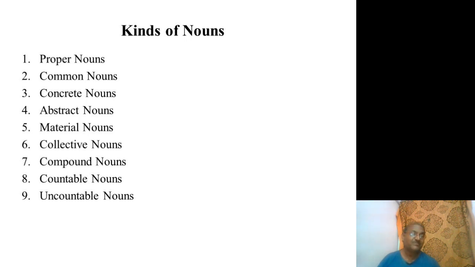our communication. Once you know the mechanism, how they are going to be applied in our communication, how they are going to be used in our day-to-day sentences, in our day-to-day writings, then only you derive the pleasure of the beauty of grammar. Every individual will enjoy the beauty of grammar only when he or she analyzes and applies those items in our day-to-day communication, and that is the beauty of grammar also.